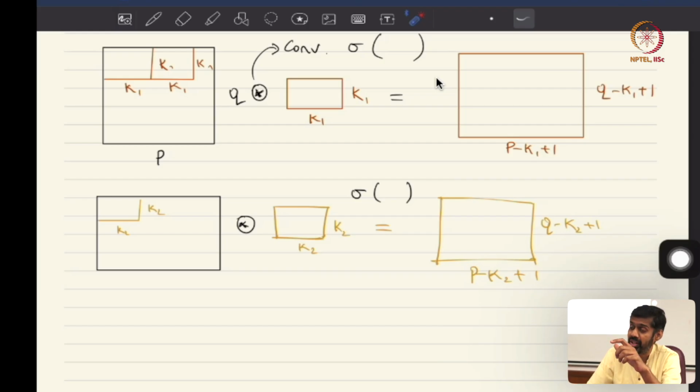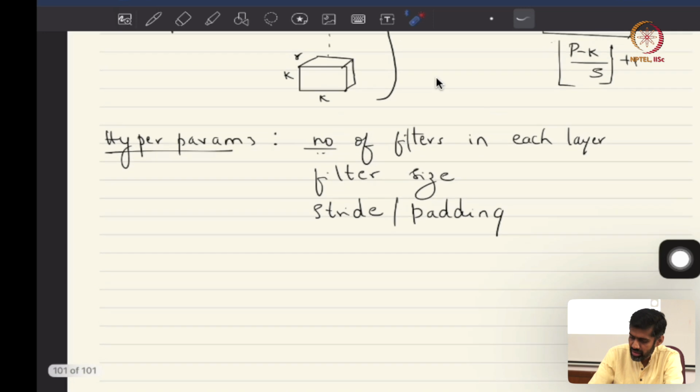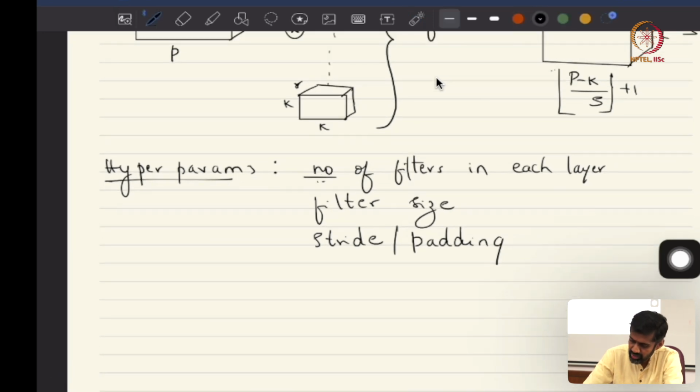Which k by k do you take? Do you take an overlapped one or a non-overlapped one? How many data dimensions do you stride over? If the stride size is 1, then you overlap by k minus the stride. If it's k, then you don't overlap, and so on. And what else? So you have a number